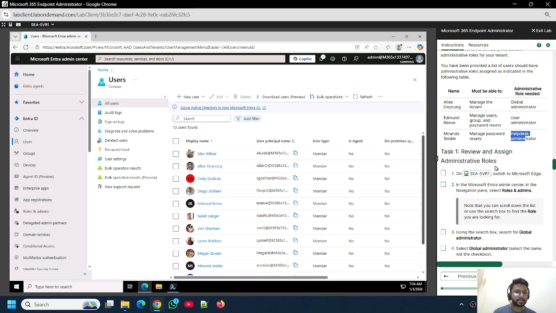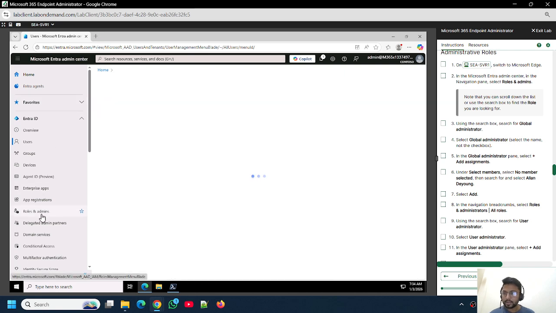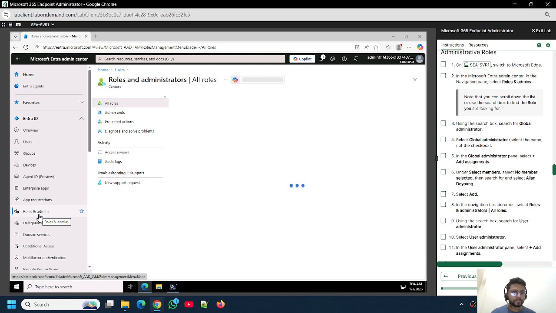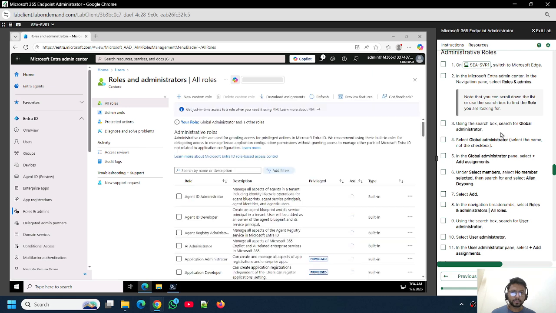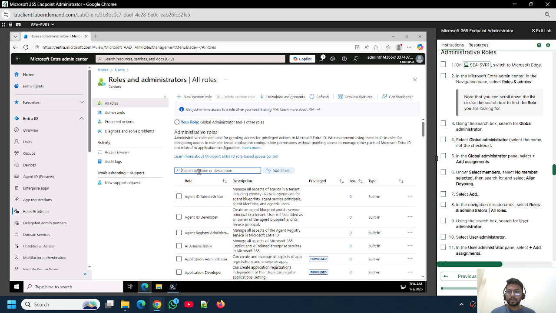So let's get started. I'm already on the server one. So okay, Entra ID, roles and admins. I'll just need to navigate to the roles and admins. There it is. Okay, so here I will be able to see all the roles which are present in the admin